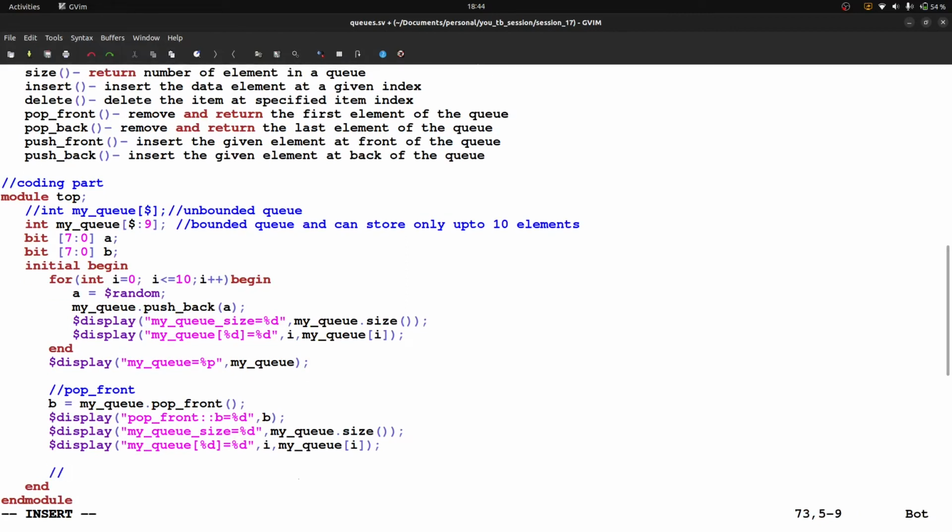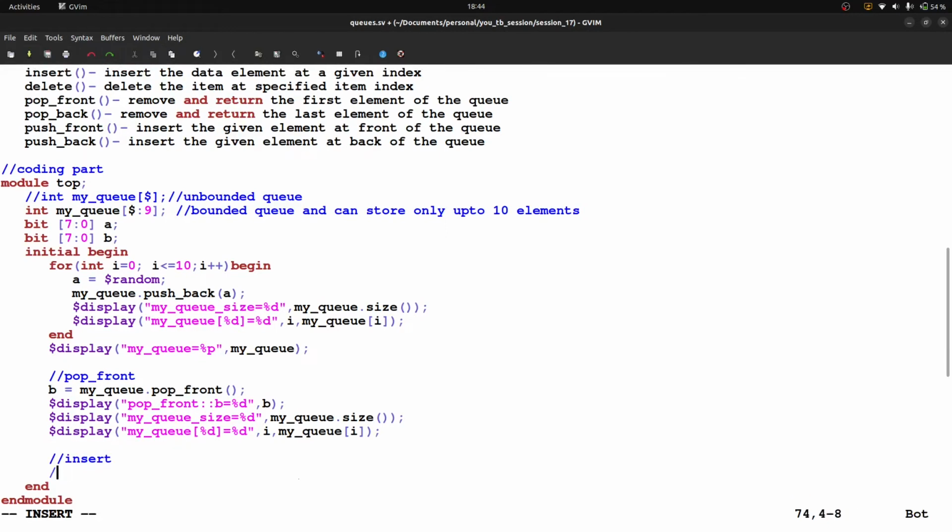Now next is insert. For insert, like my queue dot insert, and here I am writing 3, 9. So what is the meaning of that? We will see when we run this code.